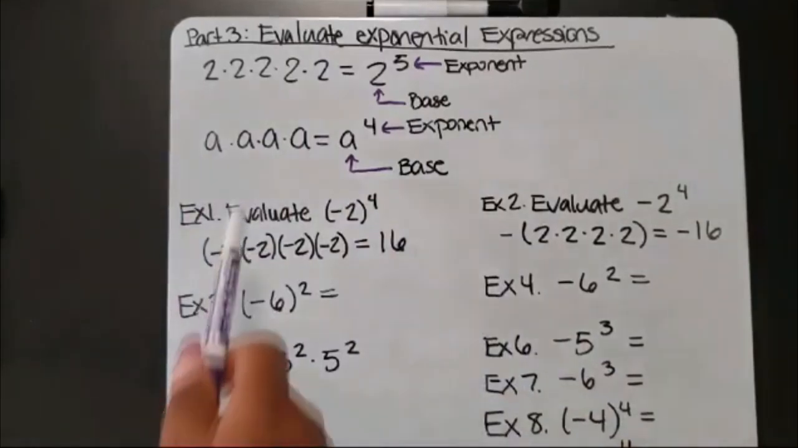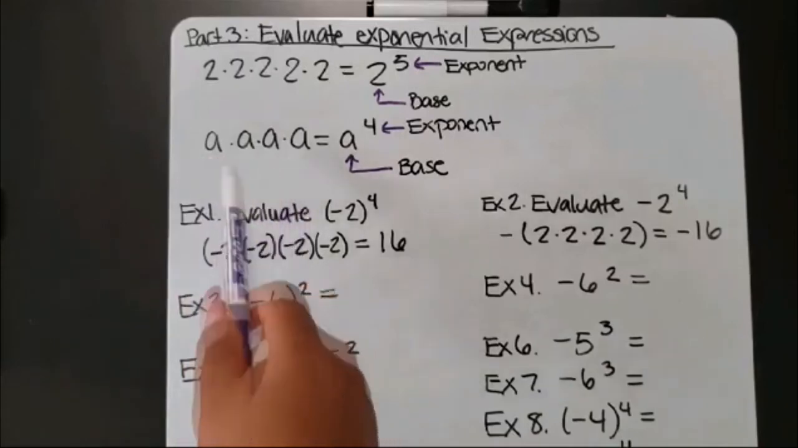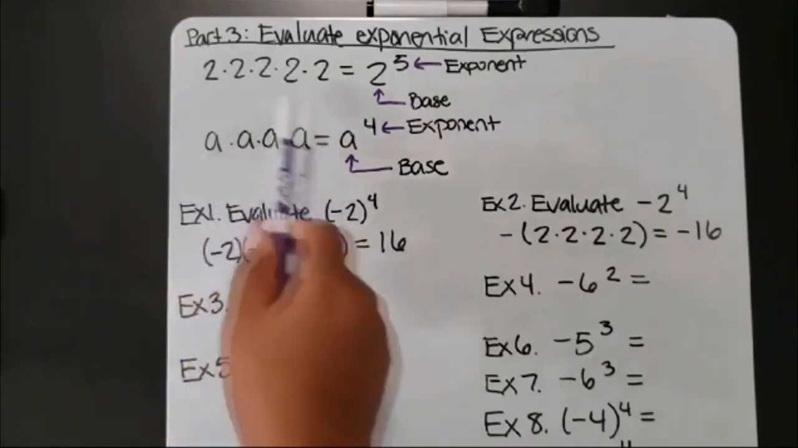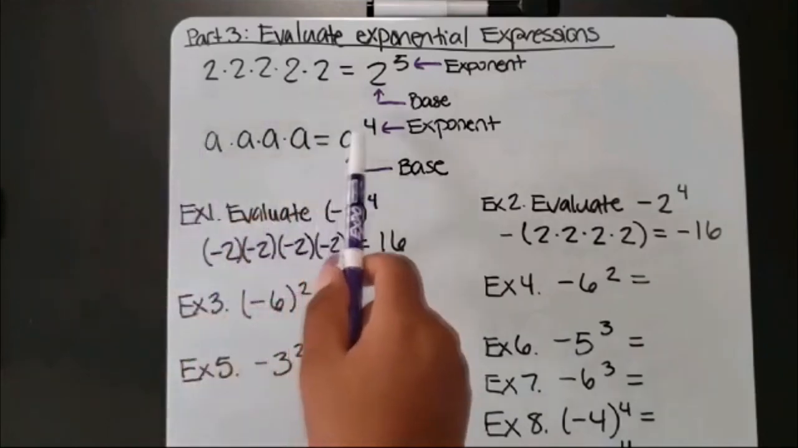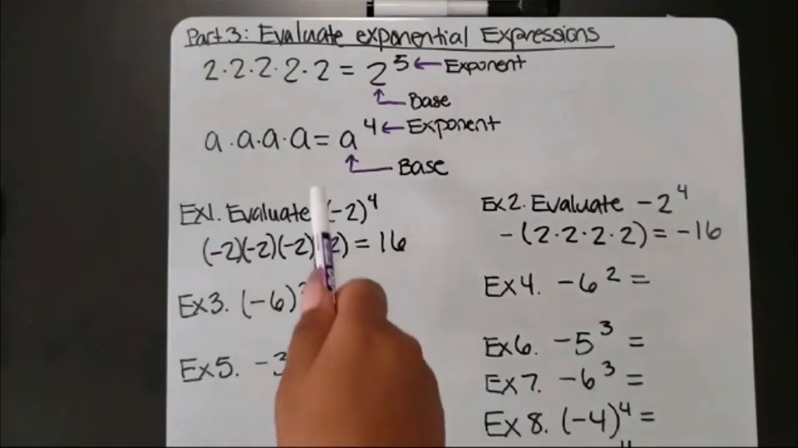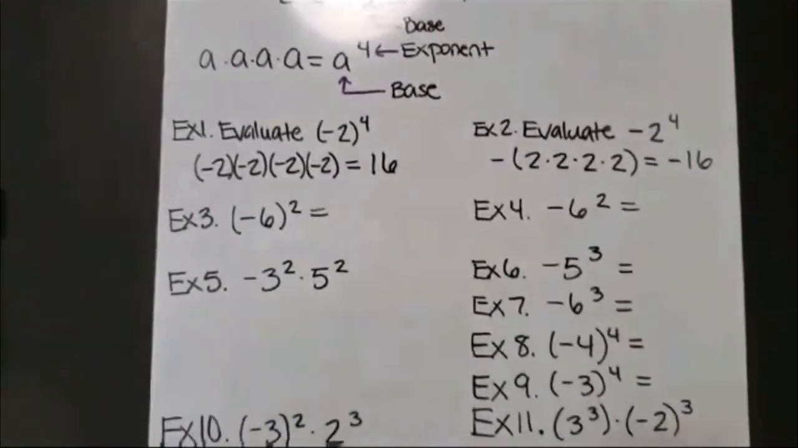Same thing can be done with variables, all right? So we have a times a times a times a is 4 of them, so we can do a to the 4th power, all right? So in this situation, a is the base and 4 is the exponent. So let's look at how this works